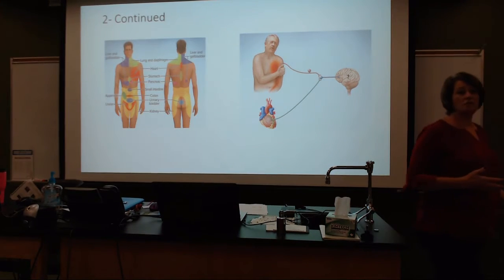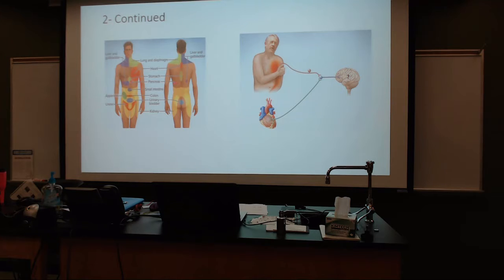Make sure that we understand we have all of this activity in our bodies from the nervous system. We have talked about the central nervous system. We have talked about the peripheral nervous system. We've talked about the autonomic nervous system, which has our sympathetic and parasympathetic. And we have now gotten into what we are referring to as the senses.